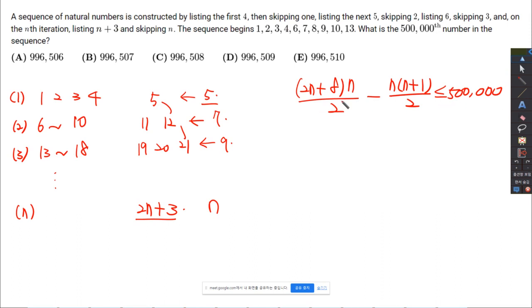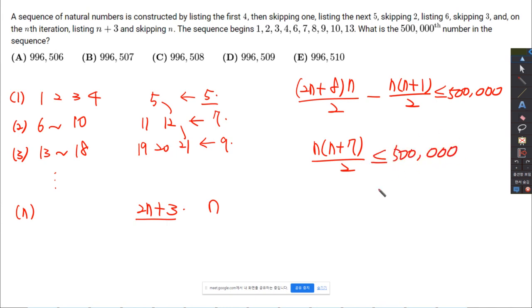So when you solve this inequality, you'll be able to find the value of n. When you simplify the left side, this is less than or equal to